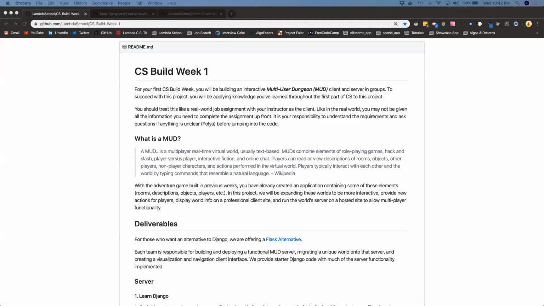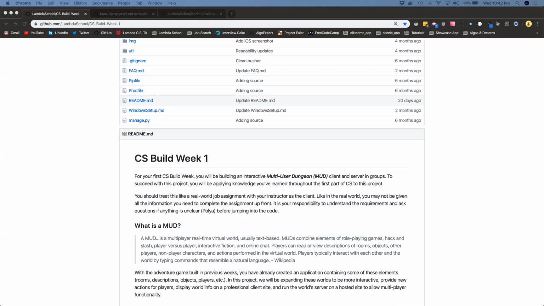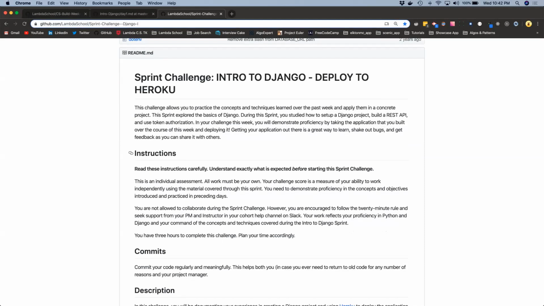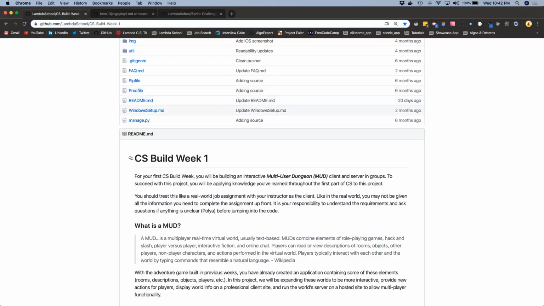But Elise has been struggling with just getting her Django project deployed to Heroku, which is a very common problem everyone's been having. Not just Elise, myself included. So I'm going to be walking through the Lambda School Sprint Challenge Intro to Django Deploy to Heroku repo, step by step, to help clarify anything that might be confusing. And that should provide a good example for what needs to be done for CS Build Week